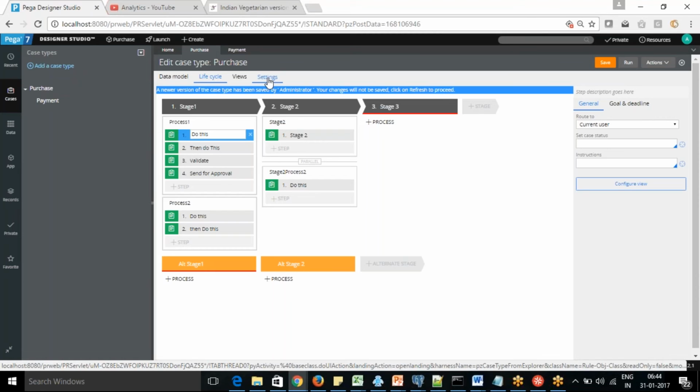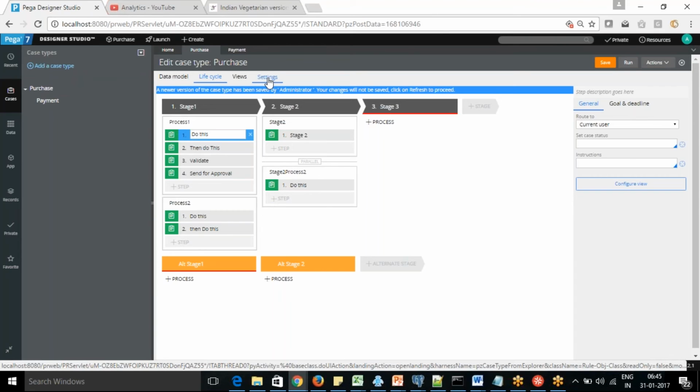Okay, in version 6 there was not much concept of case management. In 7.1.6 it was different, 7.1.9 is different, and 7.2 is different. So the only thing is, when you are working on case management, like any Pega rule, you need to understand the concepts behind it: why we are using it and how you are going to do it. You can go to the help of that, and you can get to know how to do it in that version-specific one.